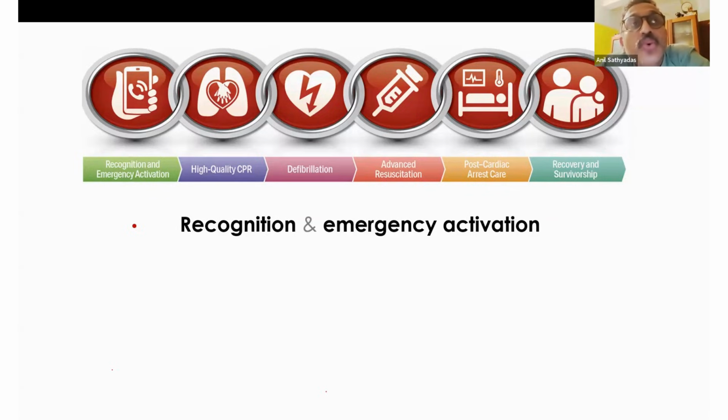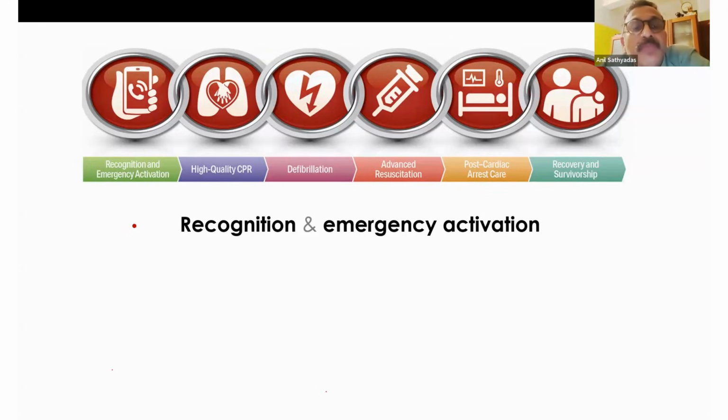And last time we had 2 chains of survival depicted. So you have types of cardiac arrest: one that occurs inside the hospital, that is called IHCA, and out of hospital, where the patient is either at home or in some shop or something. So we had 2 chains of survival, and that is now removed, and we have only 1 chain of survival. That is one of the changes that came in the 2025 guideline. That is to simplify, and we assume that all the preventive steps, the first step was to prevent a cardiac arrest, are taken properly. So that link is given away, and we have the steps.